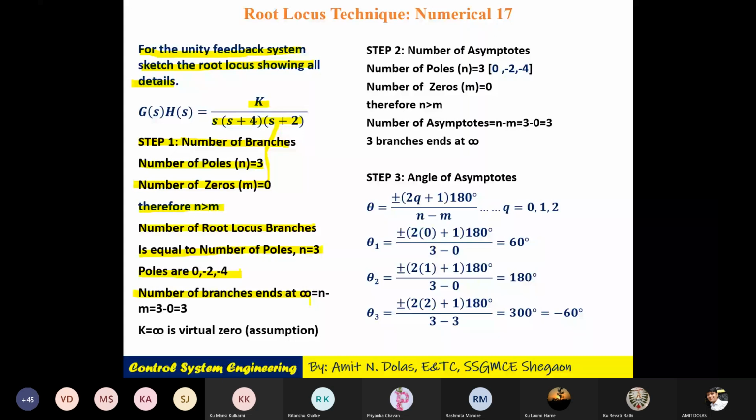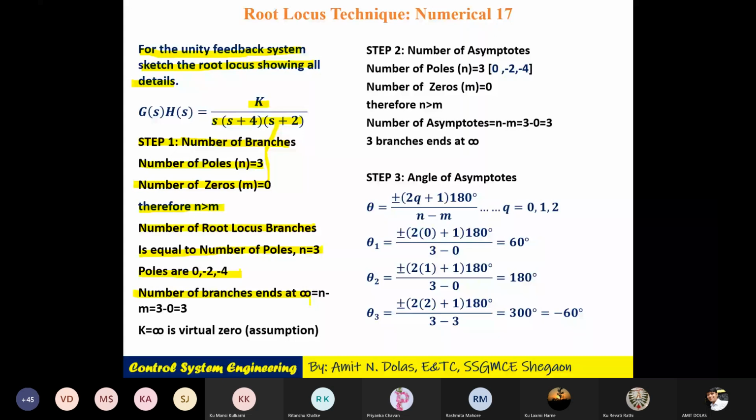Okay, so what I do for the first value, S1, I'll calculate k for minus 0.84. Putting it here, it comes 3.08. A positive value, between 0 and infinity, that means it is valid. For s is equal to minus 3.15, if you put this, it comes minus 3.07, which is not between 0 and infinity, so it is not valid. So of course, your valid breakaway point is what?